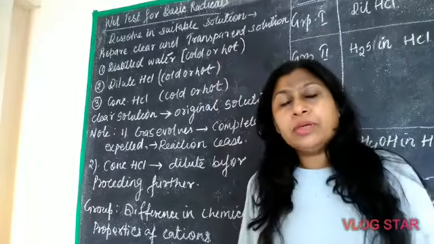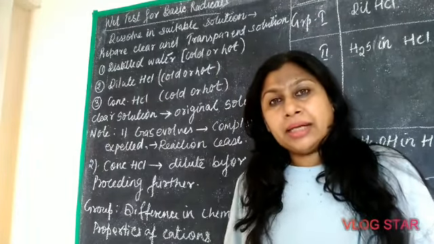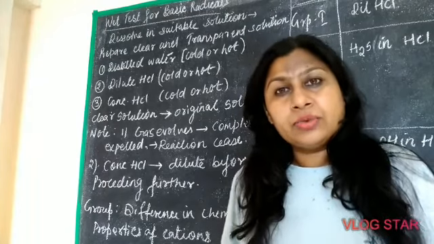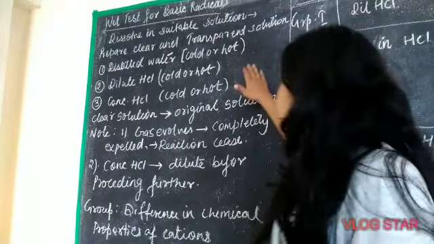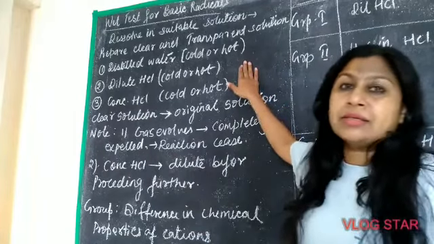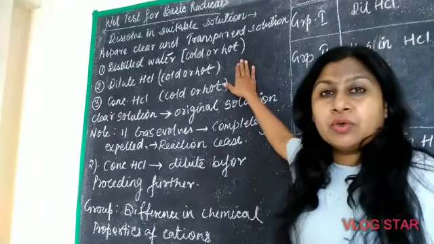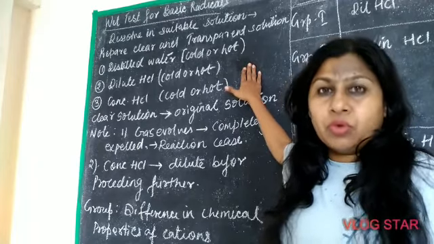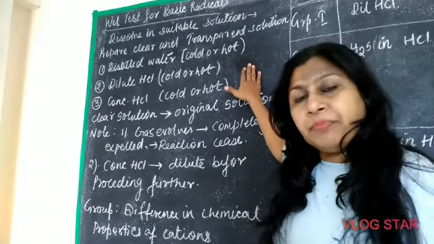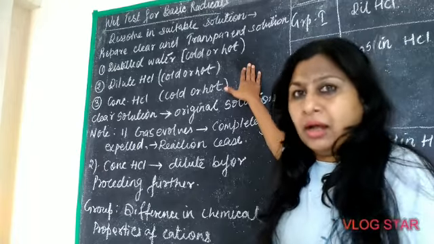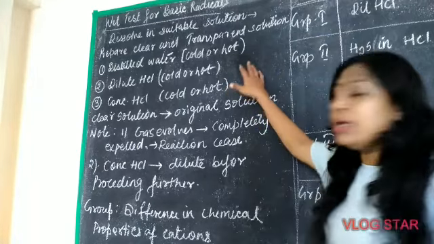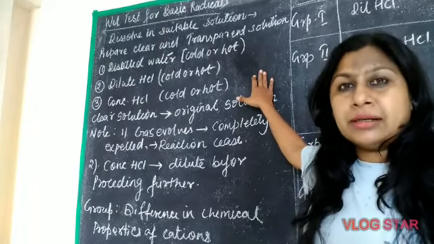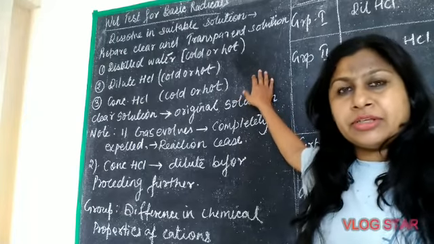So what you are going to do is, take a test tube, add a little bit of salt, that is a pinch of salt, and add a suitable solvent. So first, you have to add distilled water. First in cold, and if a clear transparent solution with cold is not obtained, then you have to add in hot. Still, if you don't get a clear transparent solution, you discard that test tube, take one fresh test tube,